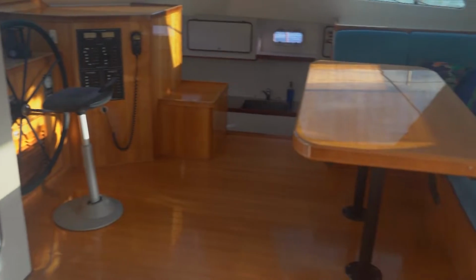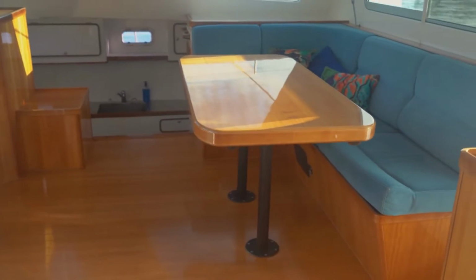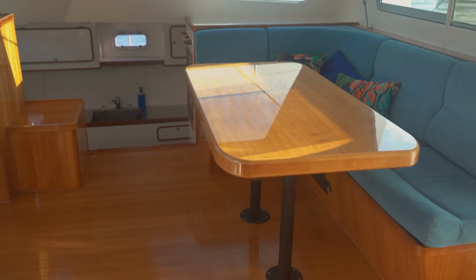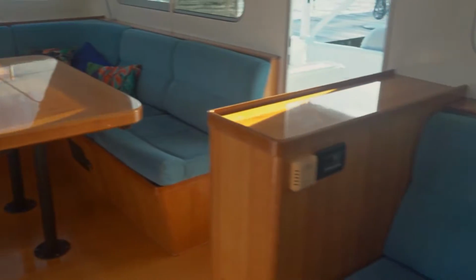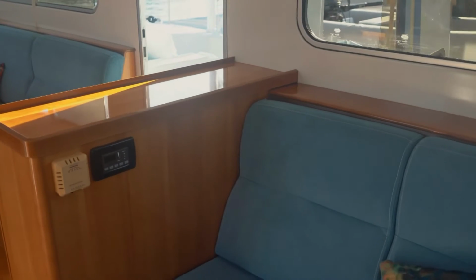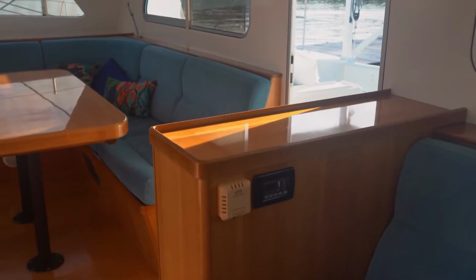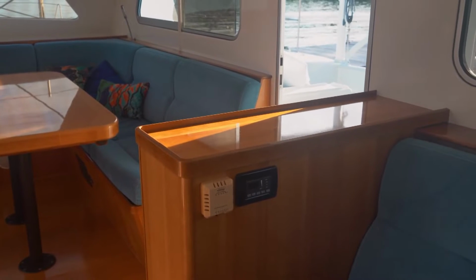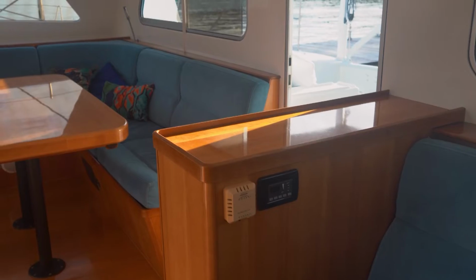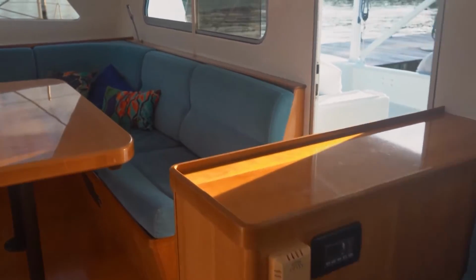Boat has an air conditioner. The air conditioner is actually located up here in the saloon, and will cool this area if you close the boat up, and then cool air will run down on both hulls from here. The air conditioner can be run either from the inverter if the engines are running, or if you're on shore power, no problem. And single air conditioning unit up here in the main saloon area,